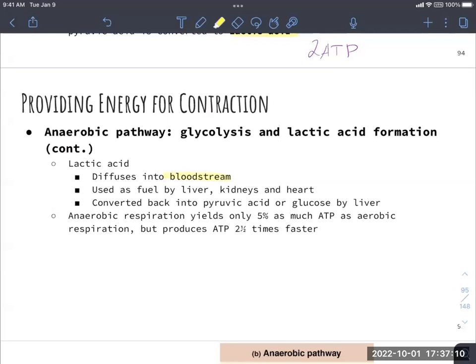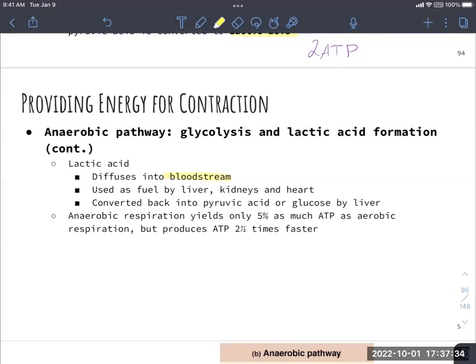It's also said that lactic acid could be the cause of muscle soreness, because that lactic acid hasn't all diffused into the bloodstream. It's still stuck in some of those muscles. That is what is thought to cause muscle soreness. But anyways, that lactic acid,